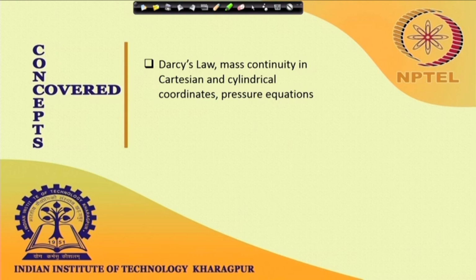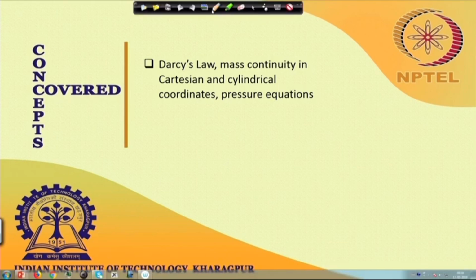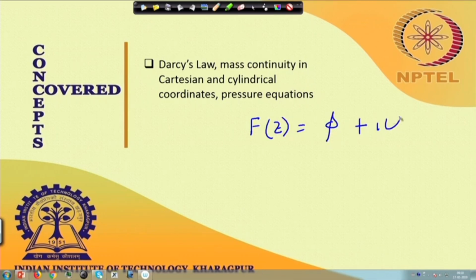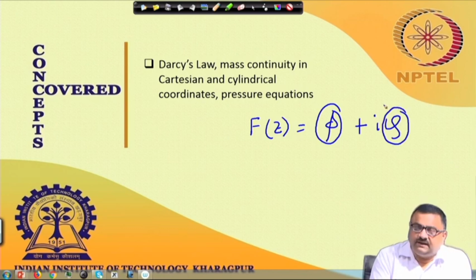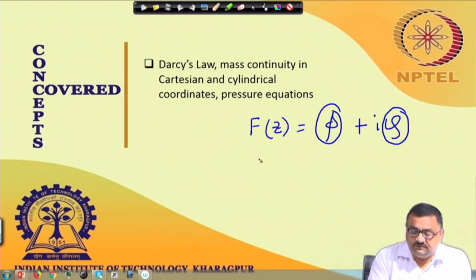Beyond this, we have talked about the complex potential, that is F(z), which is equal to phi plus i psi, where phi is referred to as the potential function and psi is referred to as the stream function. And we have established F(z) for different elemental flows, particularly those of relevance to porous media application. For example, a source or a sink,